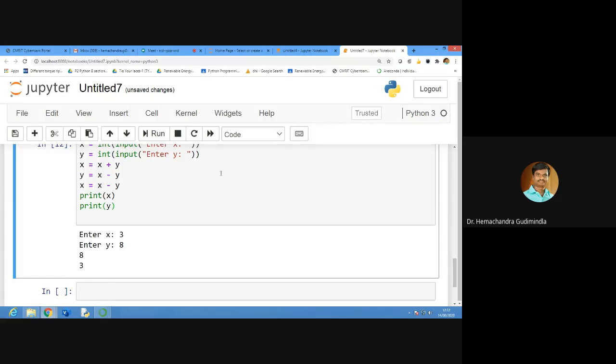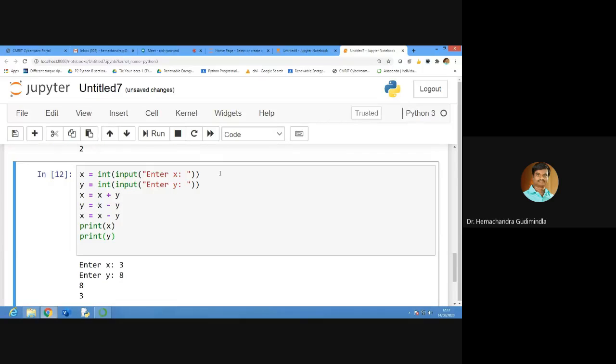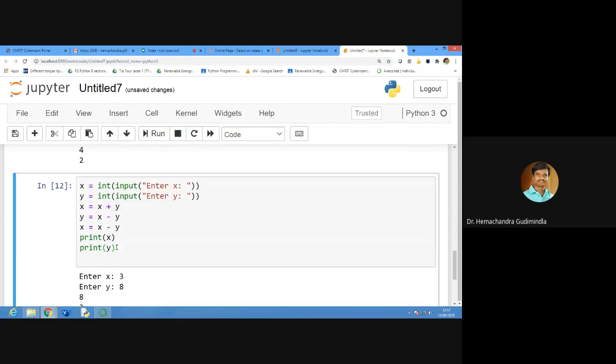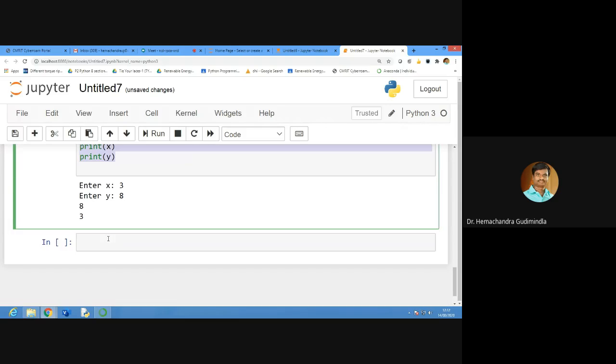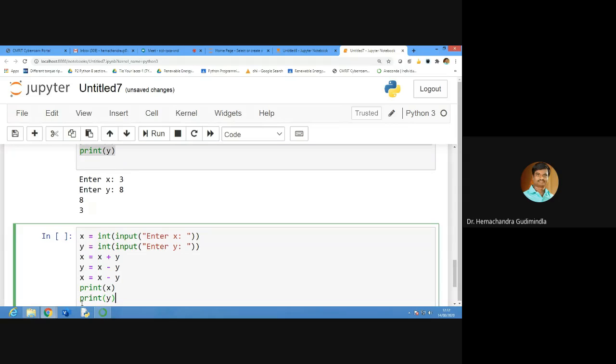All of you understand, no? Any doubt in this one? You have to think in a different way. Addition, subtraction you have done. Then what about division and multiplication? Division also it will work. Now what do we have to do? We have to perform the same thing with multiplication and division also. Instead of addition, I can use multiplication. Instead of subtraction, I will use division.